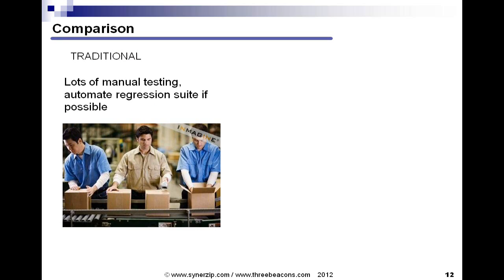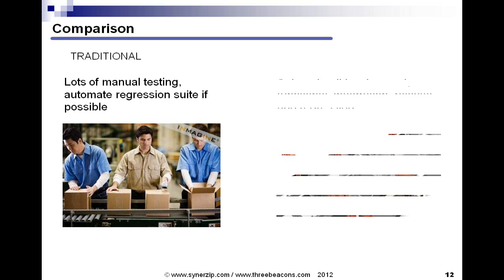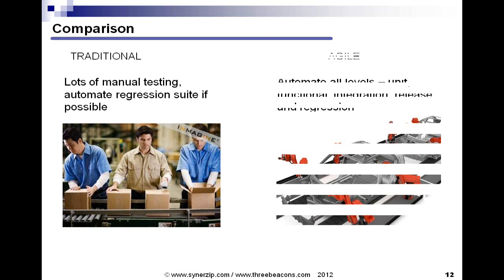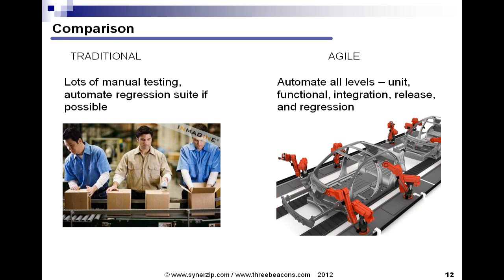Another comparison is that in traditional, there's a lot of manual testing. If you have time at the end, you might want to automate your regression suite. Generally, it's pretty painful, and the automation is only after the product has been out into the market for some time. In Agile, it actually begins by thinking up ways to automate as you go. Even the developers, from a unit testing perspective, they'll use some XUnit tools or try their best to get some test first or test-driven development